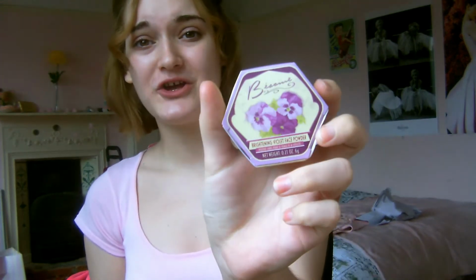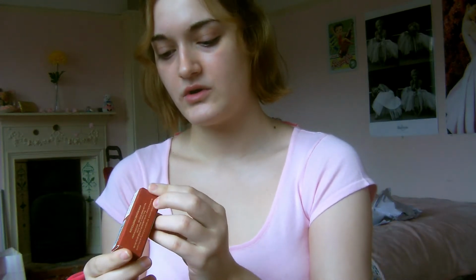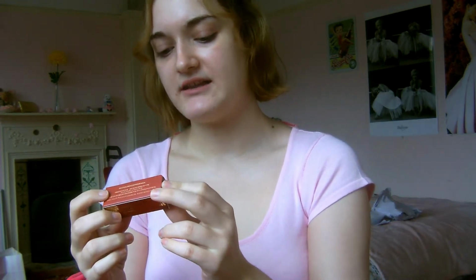My first purchases from Bésame Cosmetics. Now if you don't know what Bésame is, it's a makeup brand that's all inspired by true vintage products. So I got two things. I got the brightening violet face powder, and look at this packaging. And I also got the, what colour is this? Cherry red lipstick, which is a true replica of a colour from 1945, and I thought I would do a